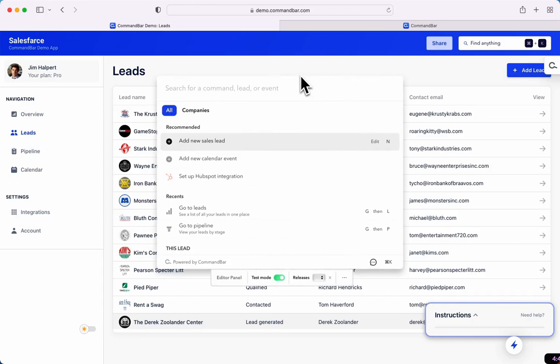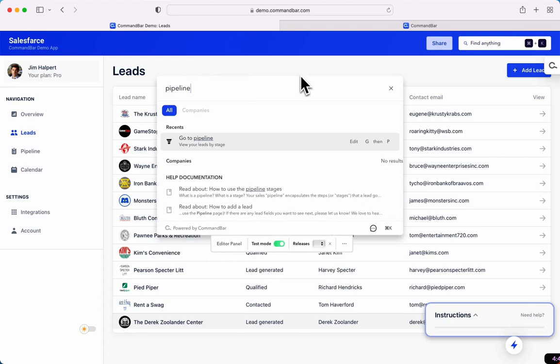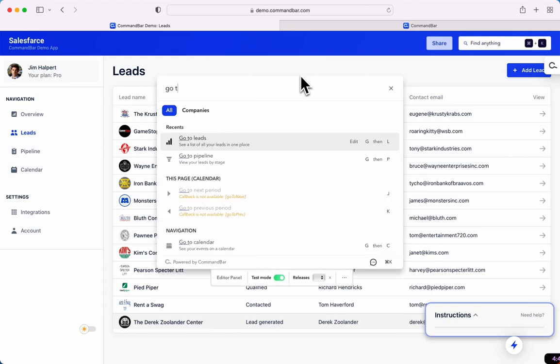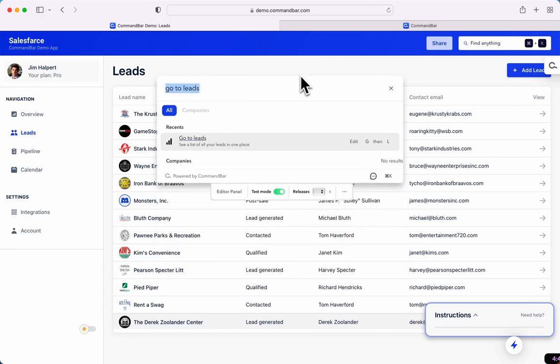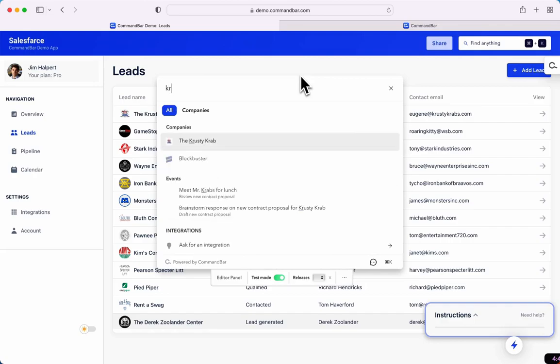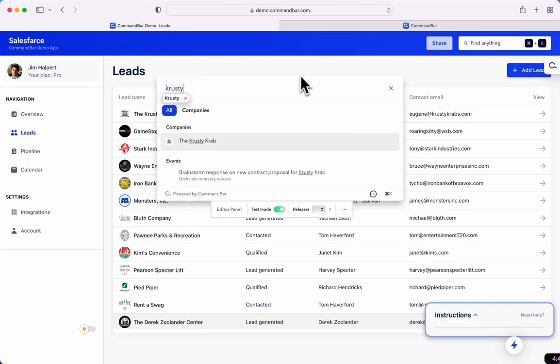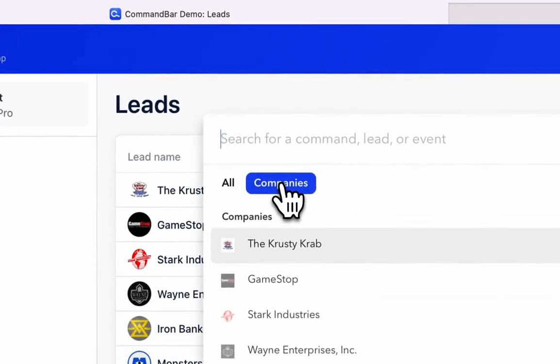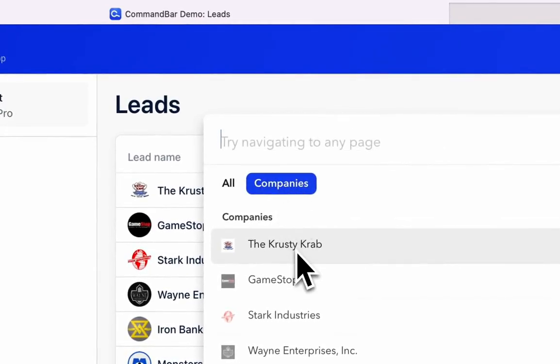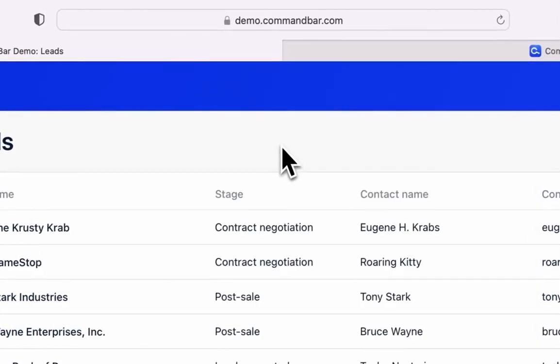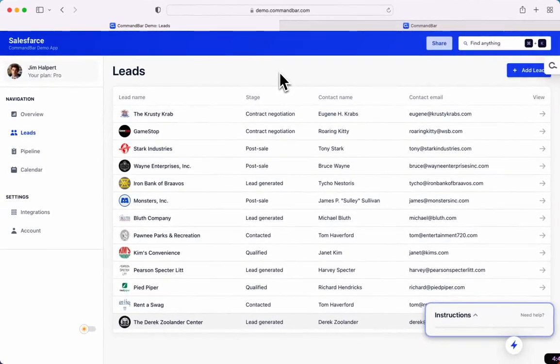I have a lot of commands configured already, things like basic navigation commands, go to pipeline, go to leads, just takes you to the page. You also notice though that I can do something like search for Krusty Krab, or click in here into companies tab and see all of the companies that are on this app. So how do we set up this kind of universal search where a user can search for any of the